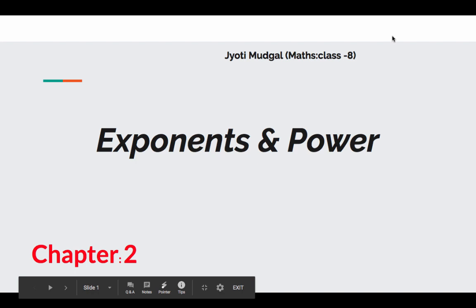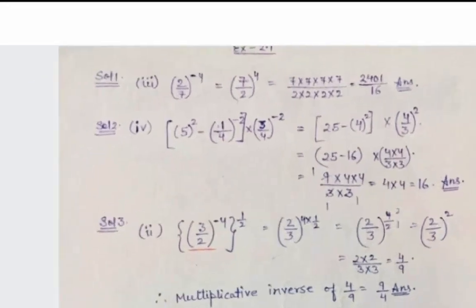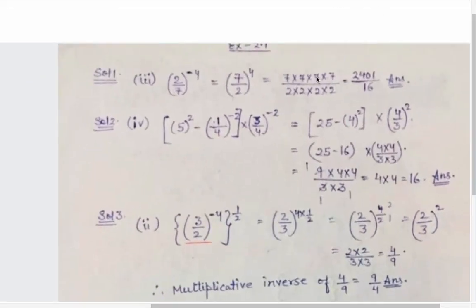So the first two questions I gave you as homework. Okay, hope all have done. Now one part of each I have taken so that the method part is very clear and it's correct. Please do check. For the first question, third part, the question was 2 by 7 raised to power 4 raised